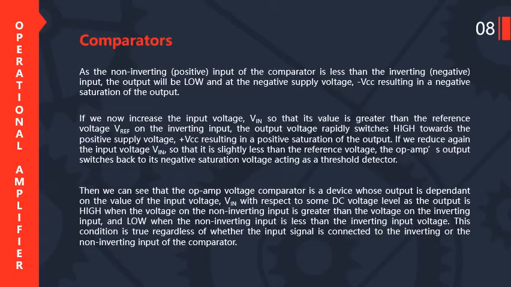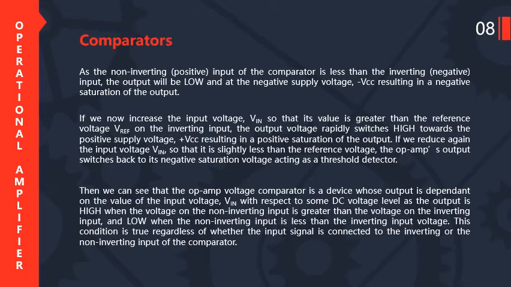As the non-inverting positive input of the comparator is less than the inverting or negative input, the output will be low and at the negative supply voltage minus Vcc, resulting in a negative saturation of the output. If we now increase the input voltage Vin so that its value is greater than the reference voltage V reference on the inverting input, the output voltage rapidly switches high towards the positive supply voltage plus Vcc, resulting in positive